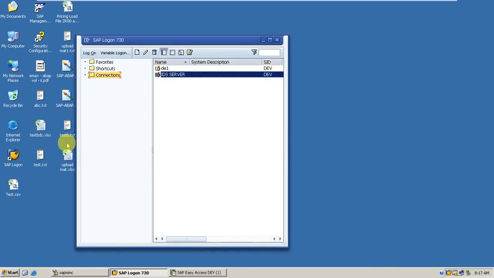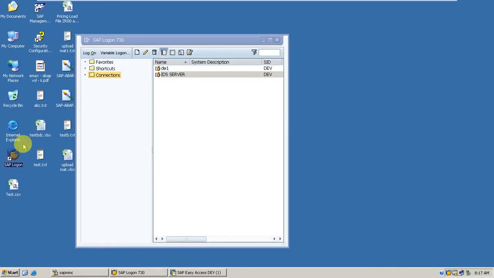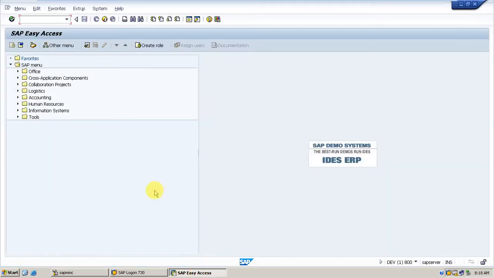Once you install SAP logon, then you will click here, you will get this particular SAP logon screen. When you double click here, you will be asked for user ID and password, and when you enter the user ID and password, you will come here.